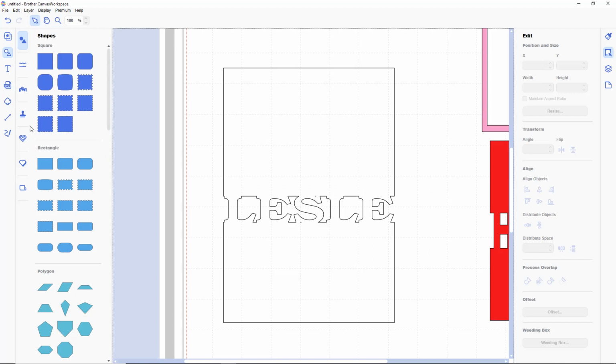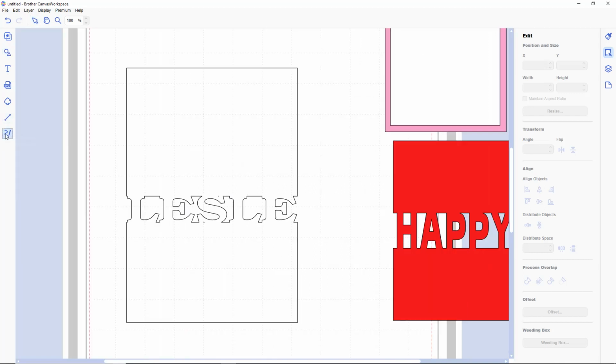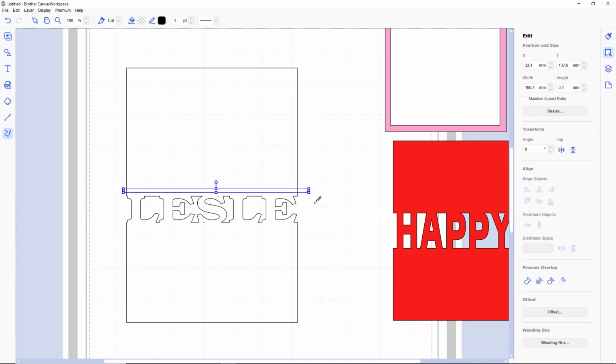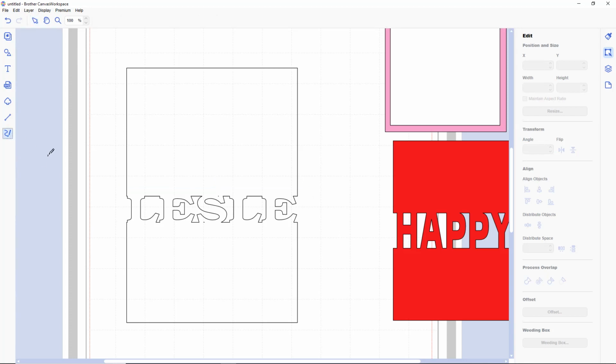Okay, I'm going to take my freehand path tool, holding down my shift key. I'm just going to draw a straight line. Go back up there, just make sure it's straight. It isn't, is it? I must have let my shift key go. Let's try again. Holding down the shift key, clicking,